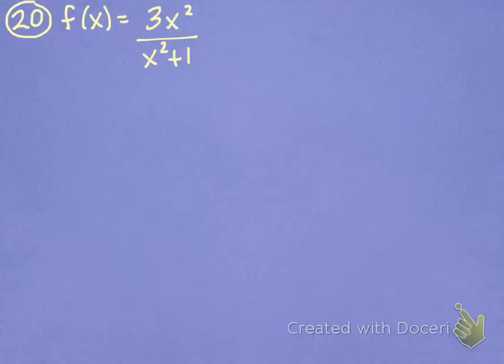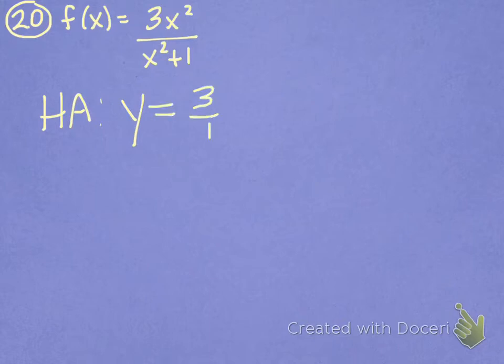On number 20, we are to find the vertical and horizontal asymptotes of the function and use limits to describe the corresponding behavior. Well, if we look at our horizontal asymptotes first, which I recommend you always do, we're looking at top-heavy, bottom-heavy, or matching. You remember from, I believe, chapter 1 when we first discussed that. This one is matching degree, so that means that our horizontal asymptote will be y equals 3 over 1, or